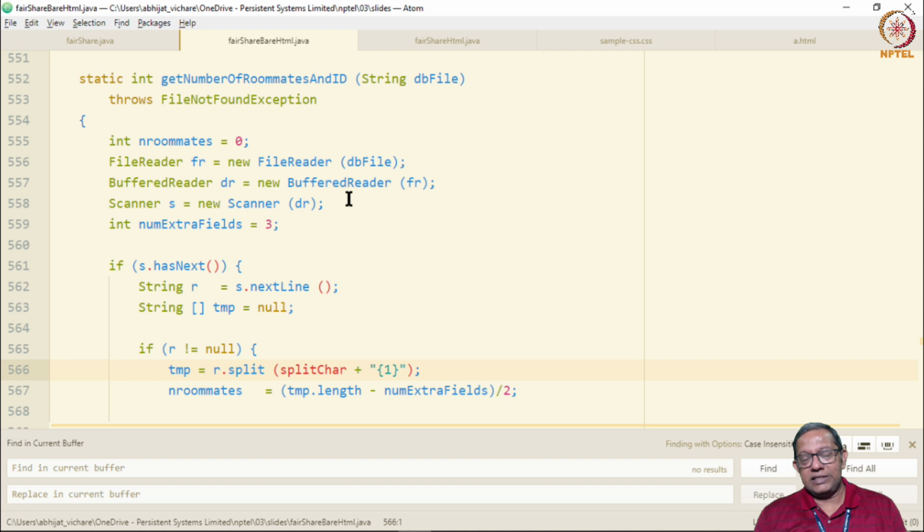The only thing is, if it is doing registration, then the registration part of the page changes. If it is doing expenses, then the expenses part changes, and if it is doing the report, the report part changes. We are having one page with all the information, but for every operation of the FairShare application, it's only a part of the page that changes.